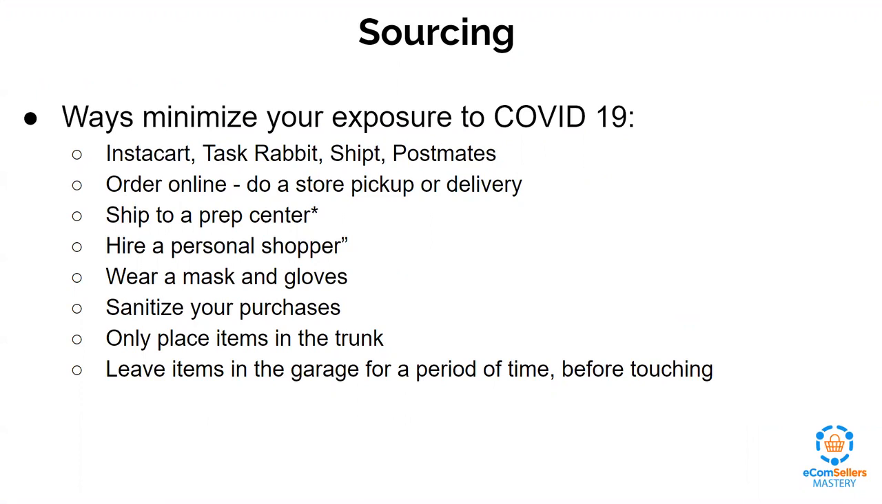Instacart, I know, is a delivery service for groceries, and they've also recently added, in some states, the ability to do prescription drugs. So if you get your stuff from CVS or things like that, they can deliver to you. And I think Shipt is another one. You can order online and do a store pickup or delivery. I have done that with Walmart. I don't go in, I just order and pull up in that little block and tell them I'm here on my app. Ship to the prep center, hire a personal shopper,